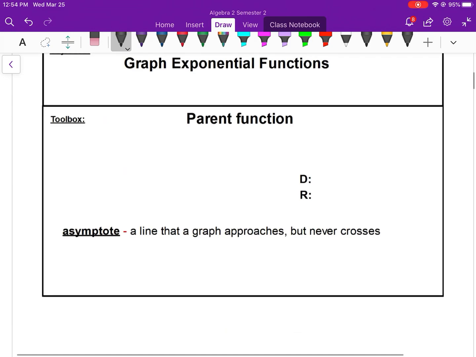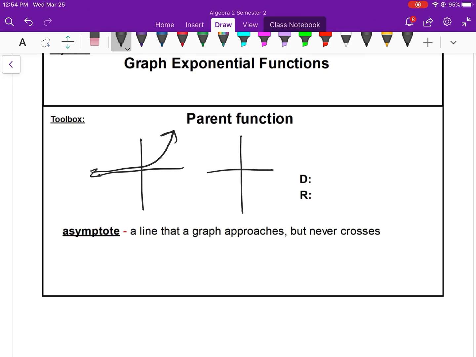Alrighty, graphing exponential functions. Look at the parent function. They will always have a horizontal asymptote, and then we have what is called exponential growth. As x increases, so does y, and then we have exponential decay. So you have something, and then it's going to eventually get close to zero. So those are the parent functions of exponential growth